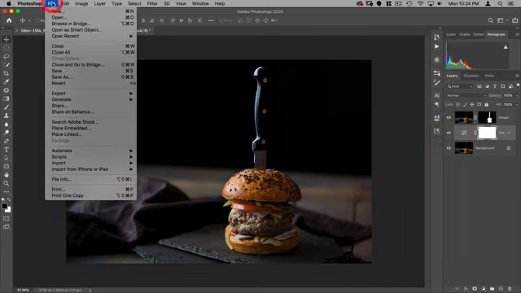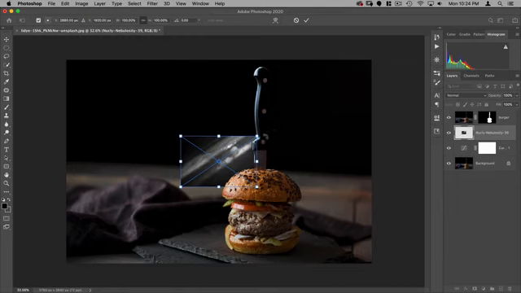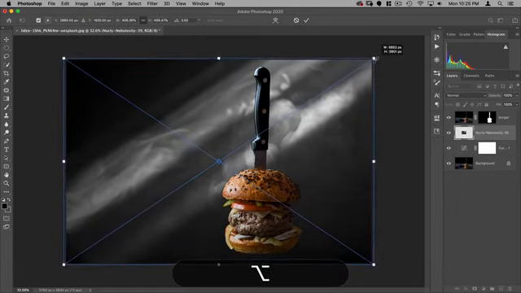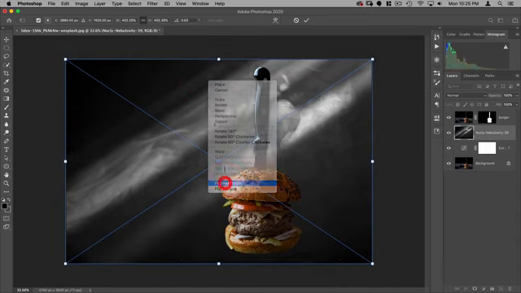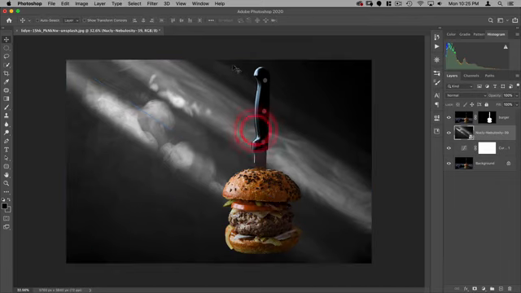All right, next I'm going to go to File, Place Embedded. And I want to use this Nuclei Nebulosity 39. And let's go ahead and scale it. I'm holding Option as I do this to scale from the middle. And then I'm going to right mouse click and say flip horizontal. It's kind of where I want my ray coming from.